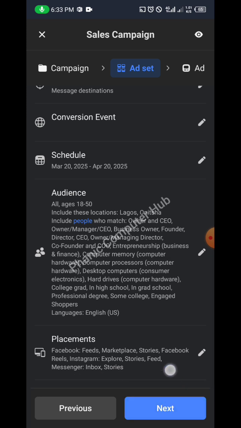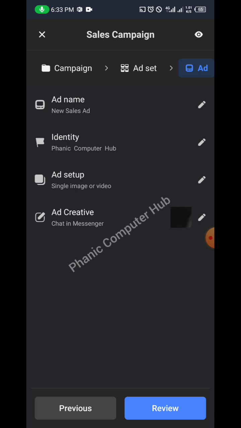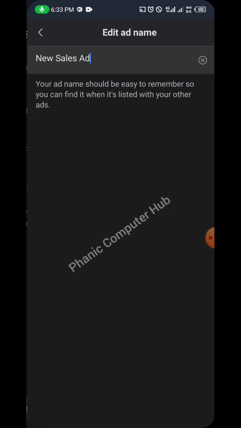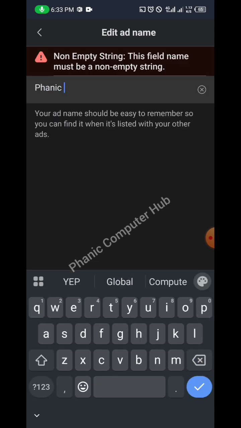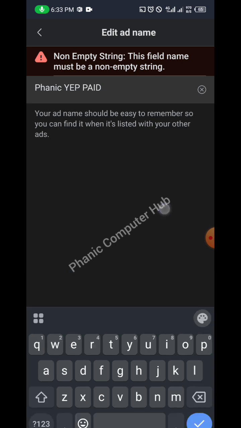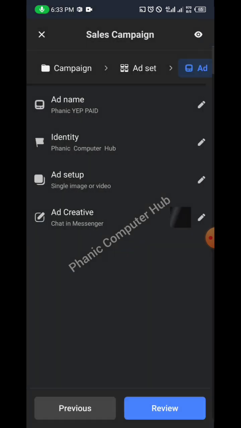So click on next, or we could just click on this third one. So you click on next, then it will now lead us to the third one. You can decide to change the name of our ad. You can decide to name it the same. Okay, go back. Then entity, this page, leave it as it were. Then ad setup. This is where we are going to now add